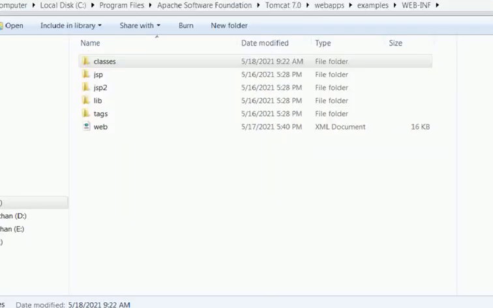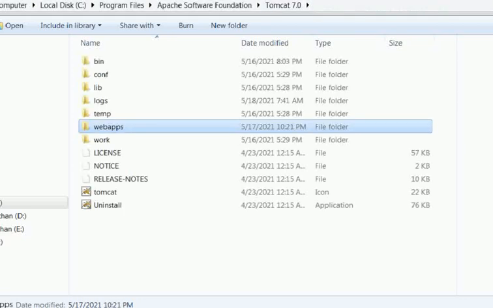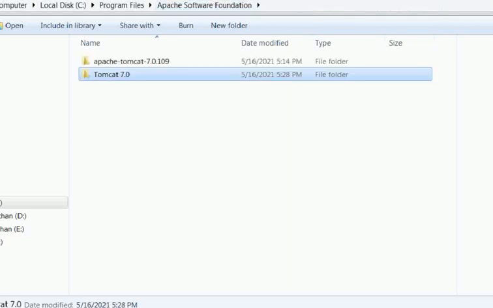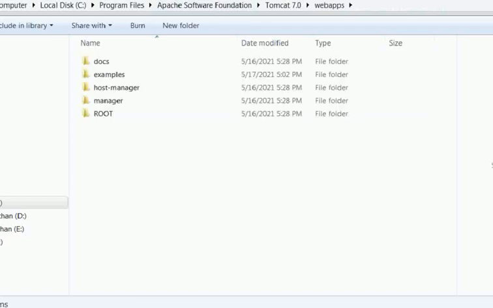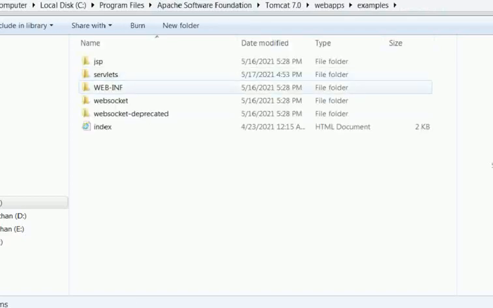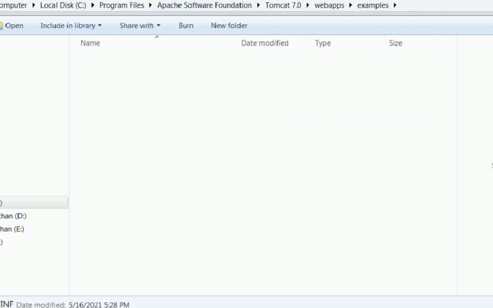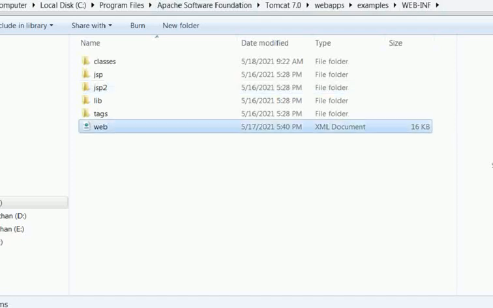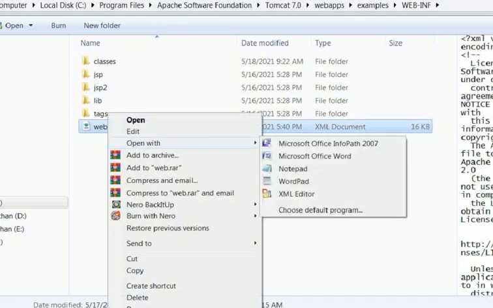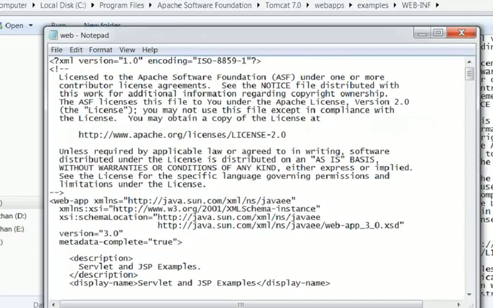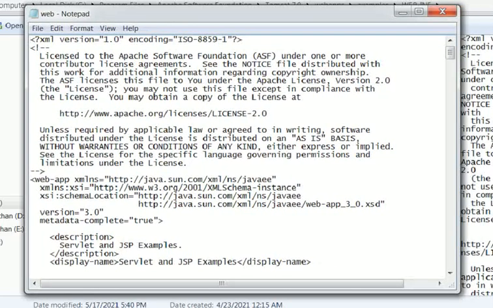Then you want to click this, see Tomcat server, Tomcat, webapps, examples, WEB-INF, click this web.xml. Here you want to place this, this is default, already it will be there.